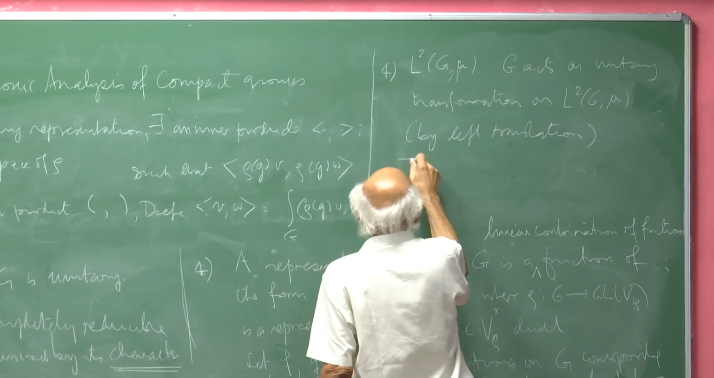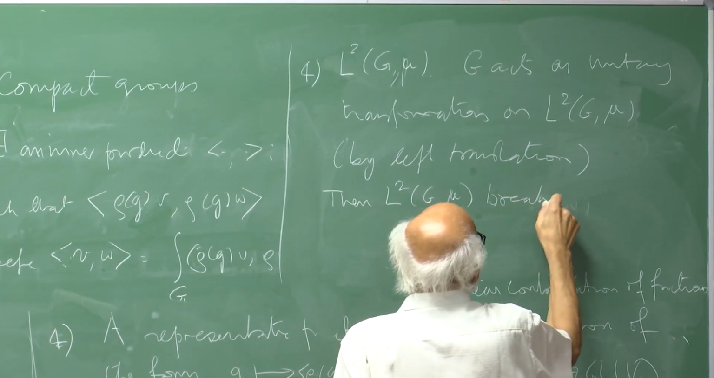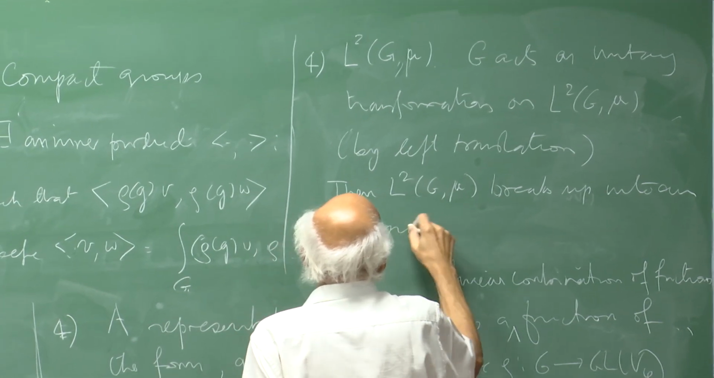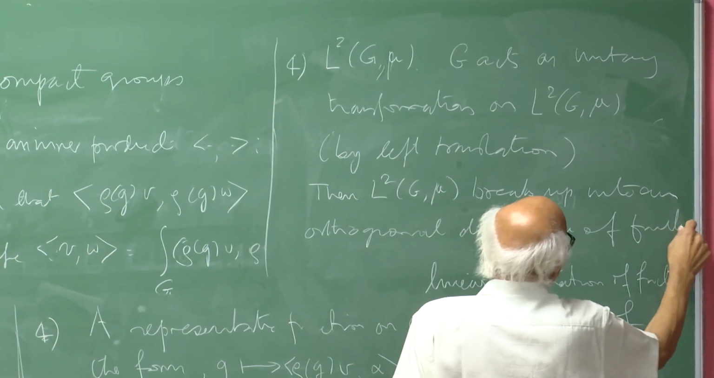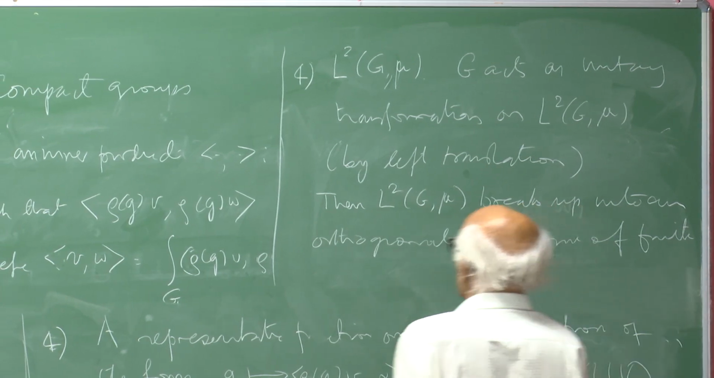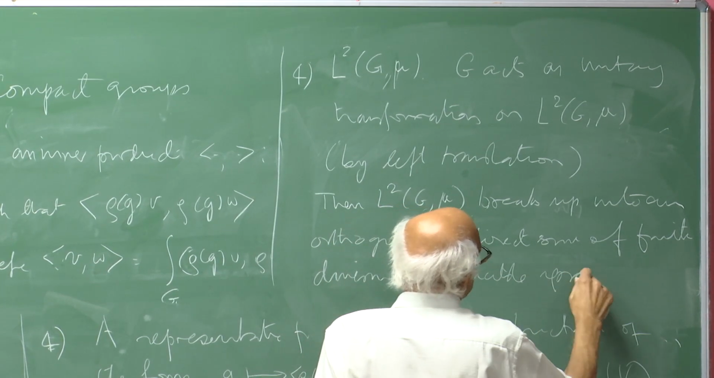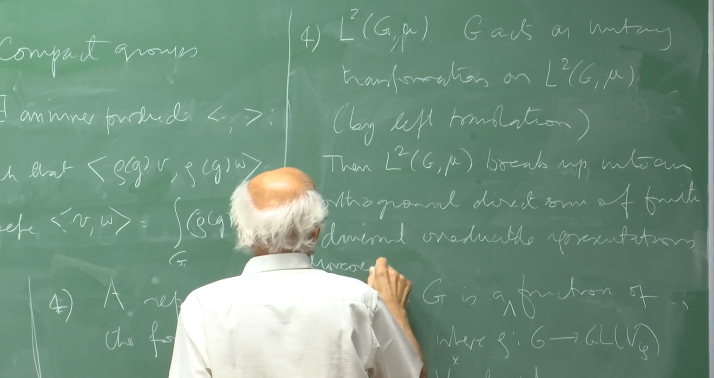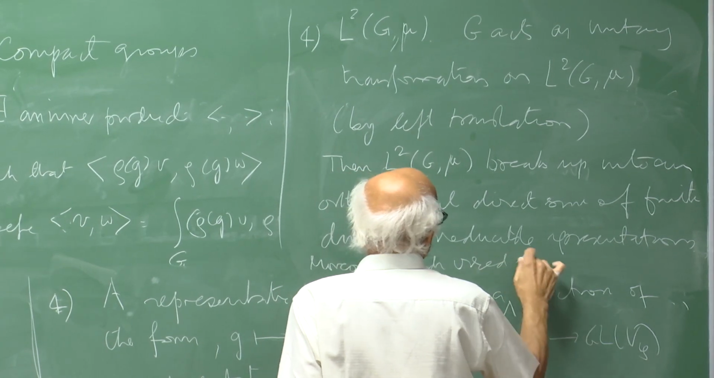G acts, then L2(G, mu) breaks up into an orthogonal direct sum of finite dimensional irreducible representations. Moreover, each irreducible representation occurs